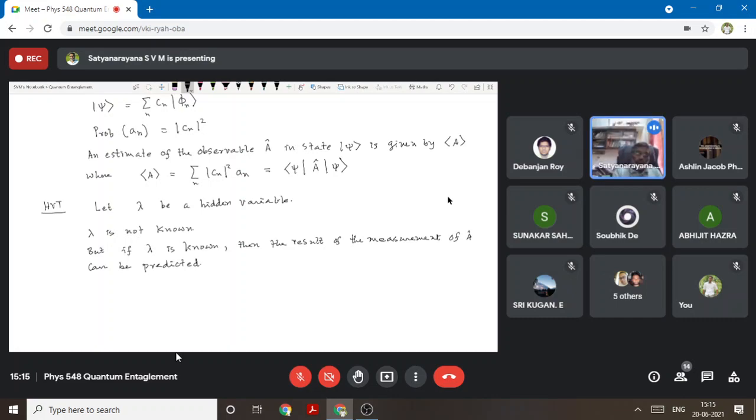If we know those variables, then we will have no randomness at all. We can tell you what the value is. This is somewhat like when you toss a coin and you don't know whether head or tail comes as the outcome. But you can say that we are unable to predict